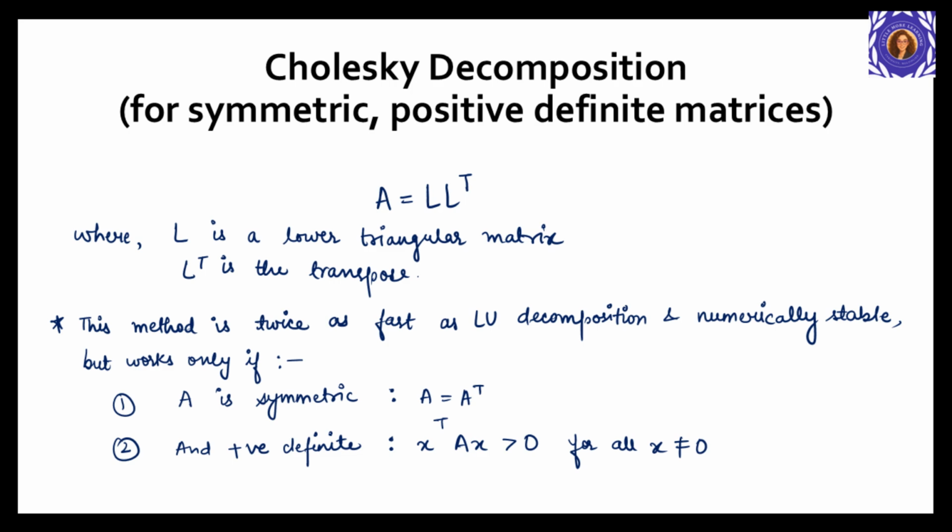For symmetric, positive definite matrices, we take it a step further and choose the Cholesky method. This factorizes the matrix as A equals L L transpose, where L is a lower triangular matrix and L transpose is its transpose. This method is faster and uses less storage. Only half of the matrix needs to be computed. But remember, the matrix must be symmetric and positive definite. This often comes up in simulations, physics, and optimization.